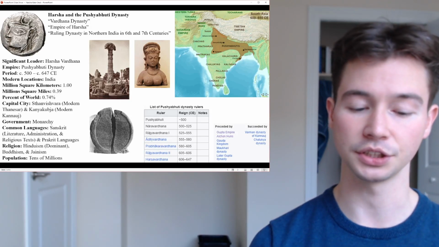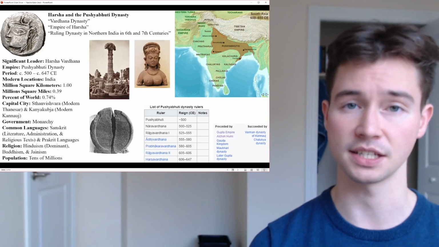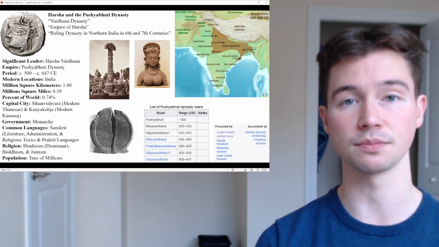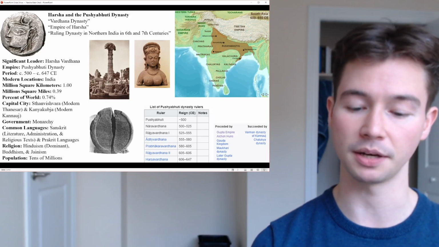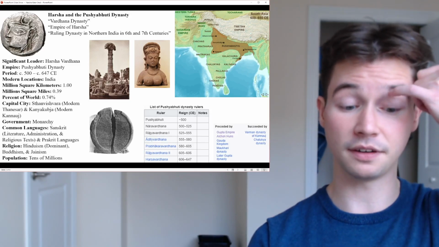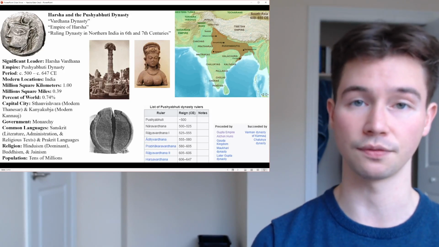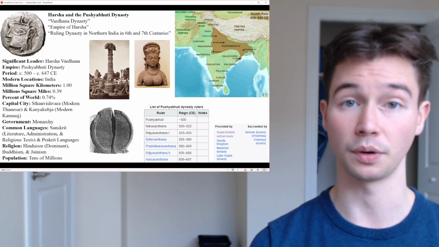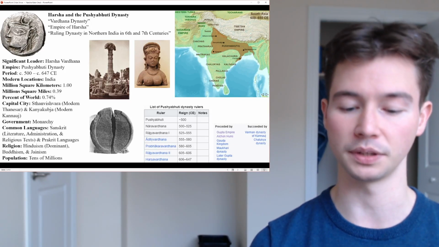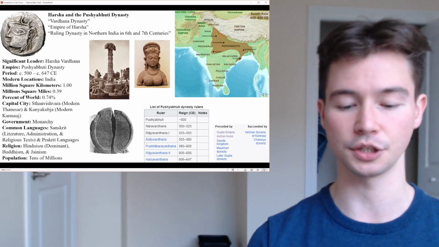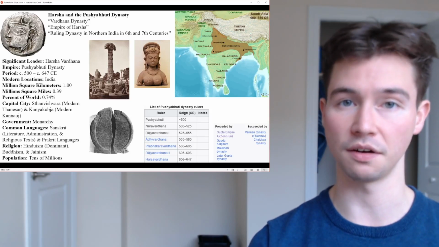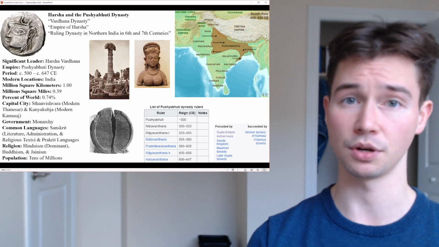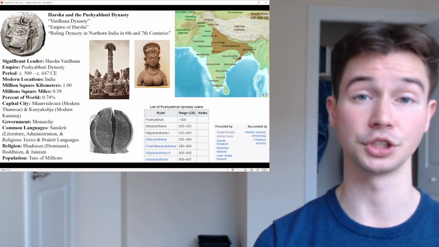As for his cultural and religious patronage, from circa 630 to his death in 647 CE, as for his Buddhist patronage, despite having a dominant Hinduism religion in the region, Harsha was a devout Buddhist and played a pivotal role in promoting Buddhism. He convened the famous Buddhist assembly in Kannauj in 643 CE, which brought together scholars, monks, and dignitaries from various parts of the world. So quite a global individual he was, at least the globe that they had access to, but also under the guise of religion, under the guise of Buddhism too. So showing twofold, both his global connections, but also his promotion of Buddhism,